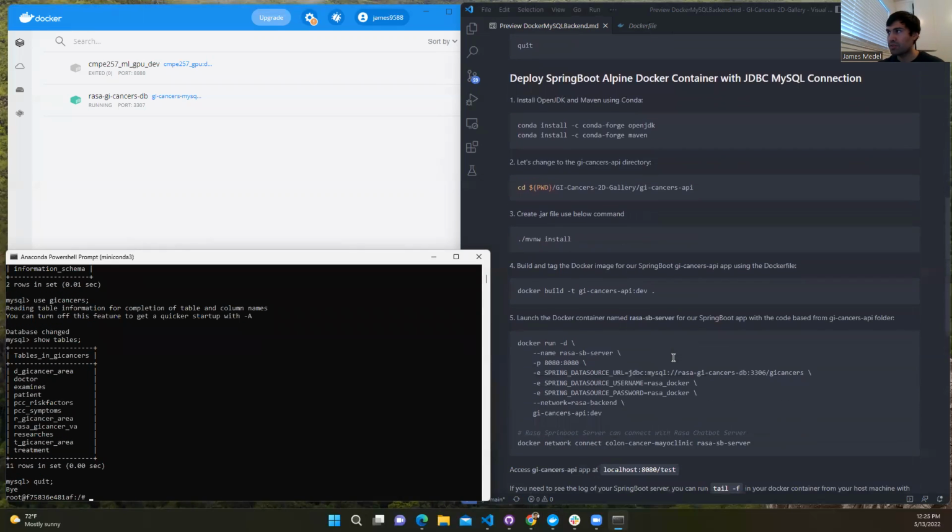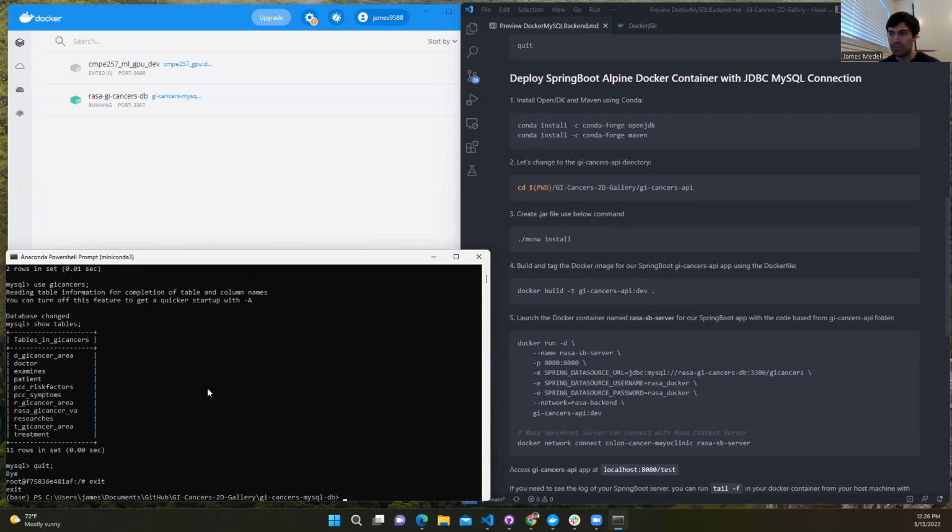And next, we're going to deploy the other Docker container, which is Spring Boot, and that'll be communicating with MySQL as well as the Rasa chatbot. So we can exit from the MySQL Docker container. And then in this case,